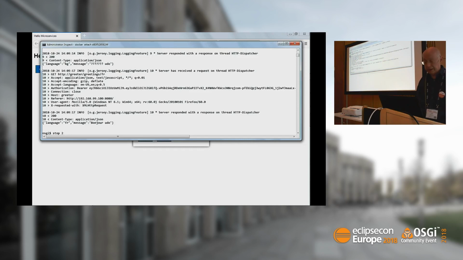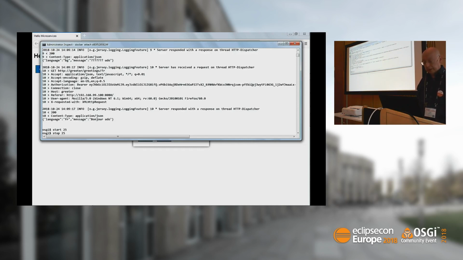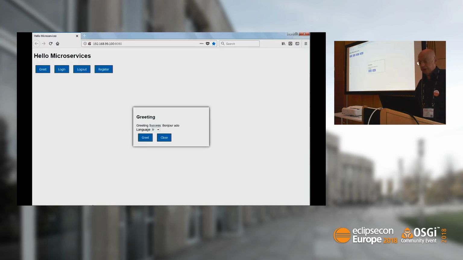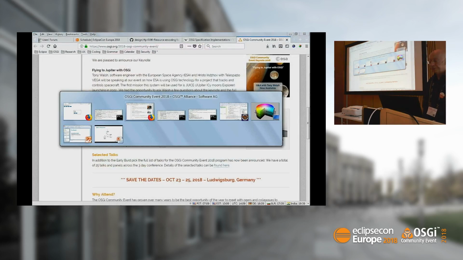So if I start it again, I should be able now to see the full collection of languages. So let's close it and open the dialog again. So here we see English again, and we can go and use it in English.